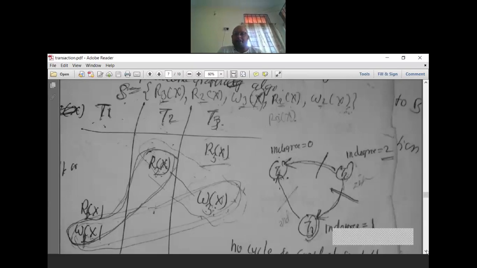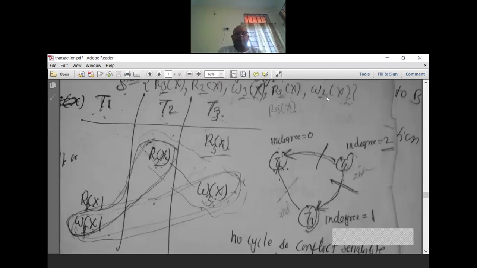And in the similar case, it is written W2x, actually it is W1x. I have written it by mistake. So it is W1x. These are W1x, read 1x, and W1x. So W1x is performed after read 1x, by one transaction. Actually, it is also read 1x. It is not two, it is one. So read 1x and write 1x. I have written them in one transaction because it is actually one.